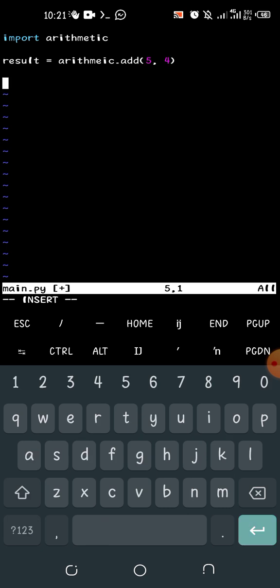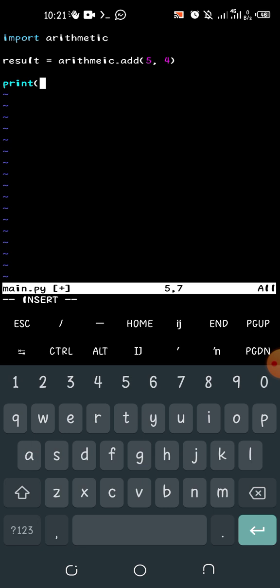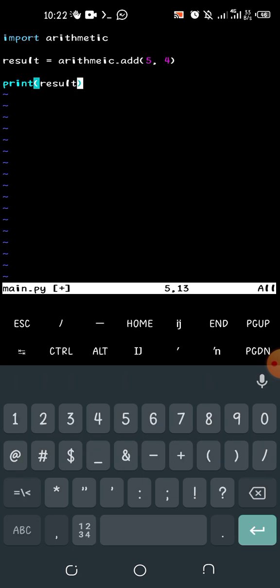Here we can now print the result. Then use your escape, colon